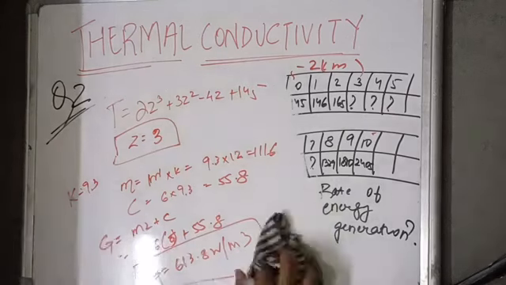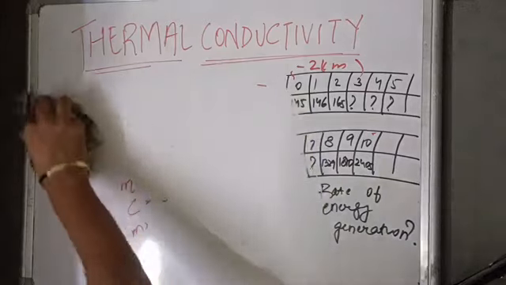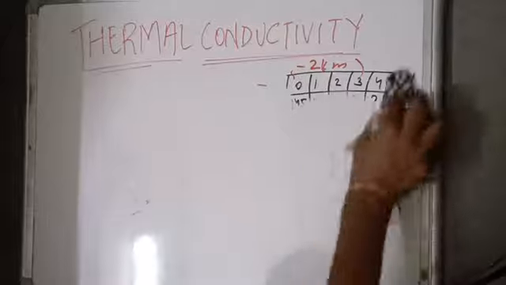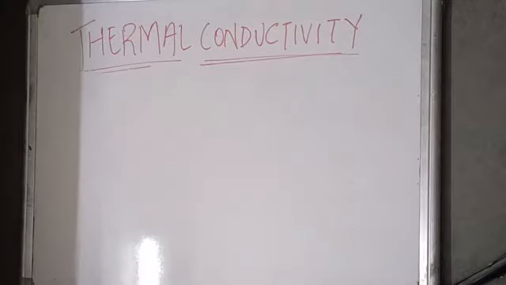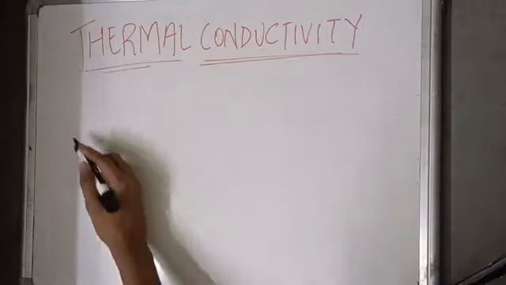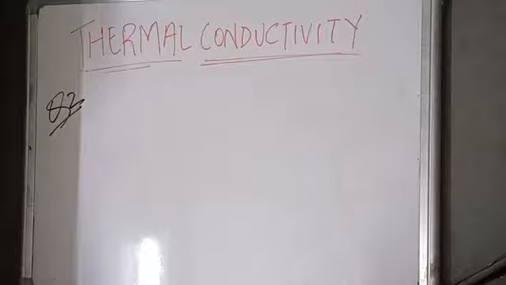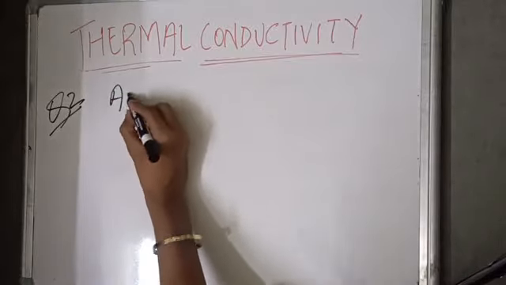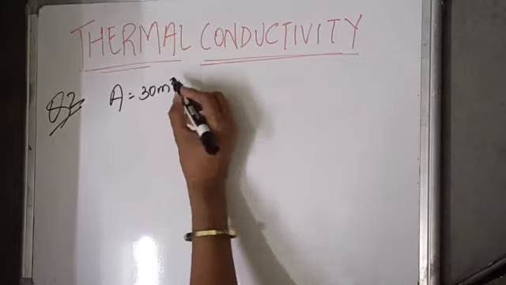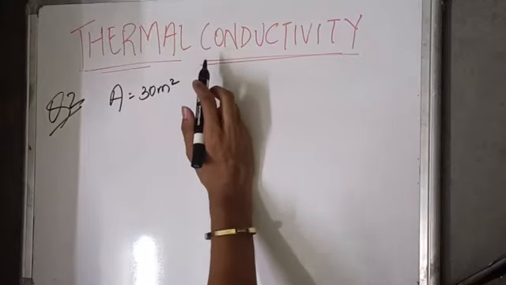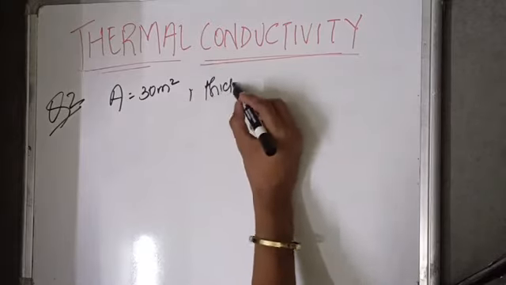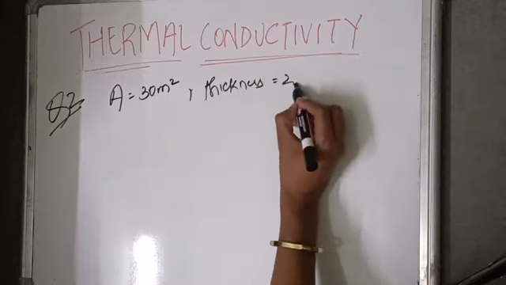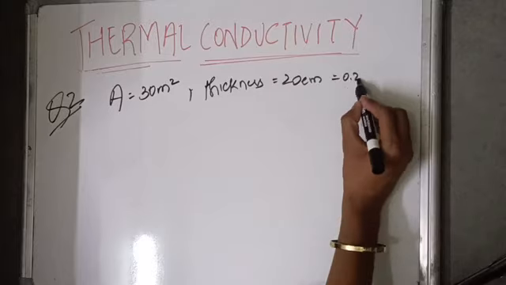We will move to the next question. Thermal conductivity question number 2. A plane wall with a surface area of 30 meter square and a thickness of 20 centimeter, which equals 0.2 meter,